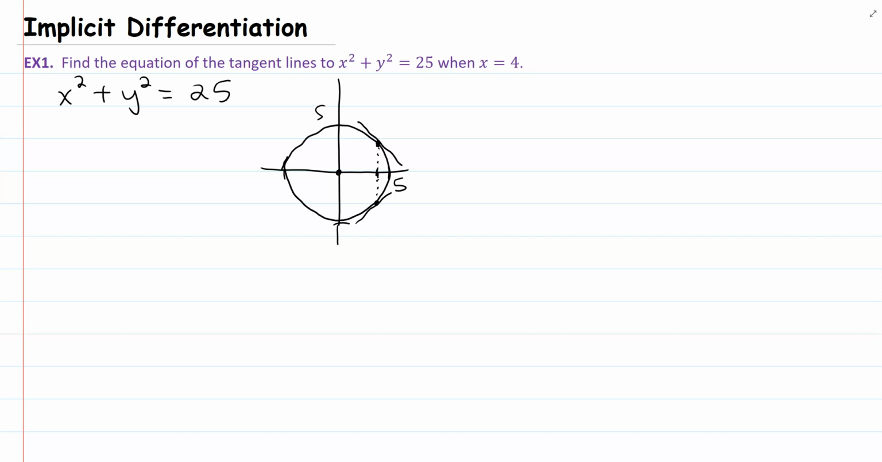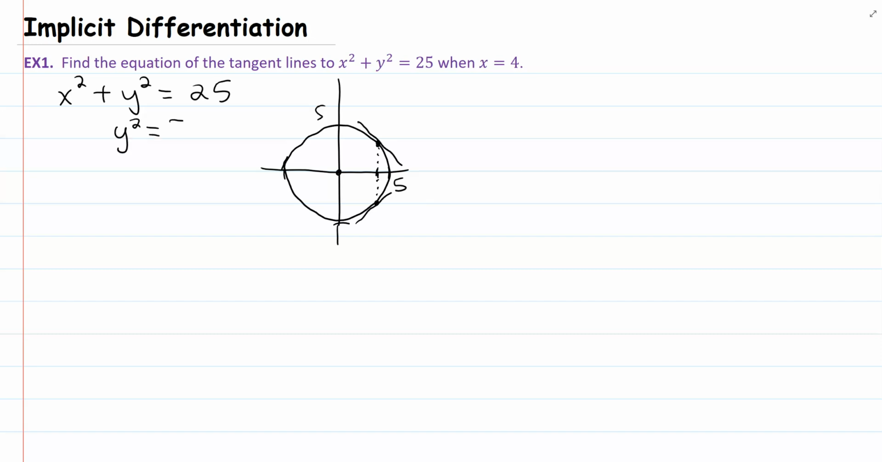Now, the equation of a tangent line requires the slope, right? And the slope of the tangent line is the derivative. So we have to go and take the derivative of this function. Well, I can't even call this a function. It is not a function. So far, what you have learned is if you can write it as y equals, which I think you can,